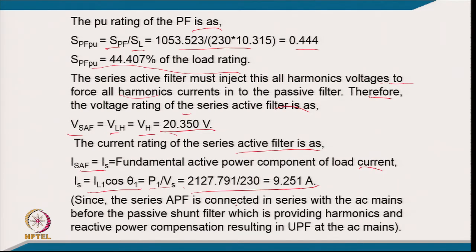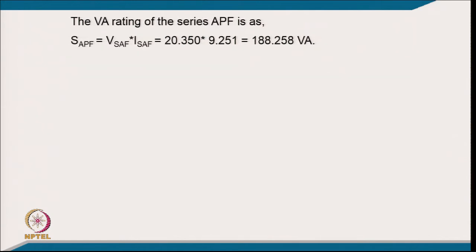Since the series active filter is connected in series with the AC mains before the passive shunt filter, which is providing harmonics and reactive power compensation for UPF at the AC mains, the VA rating of the series active filter is the voltage multiplied by the current. The voltage we calculated is 20.350,